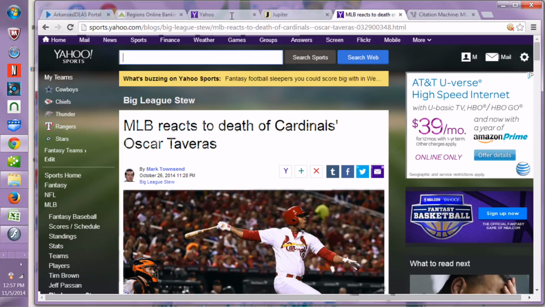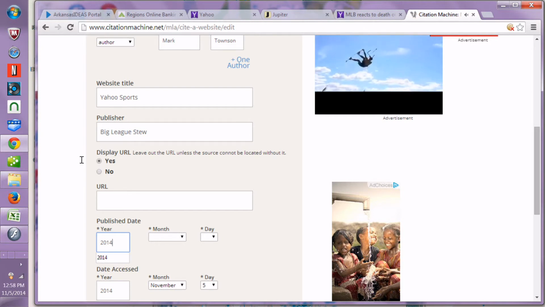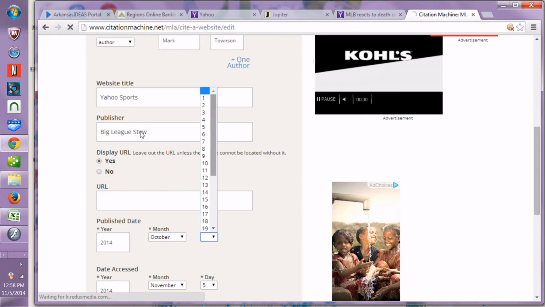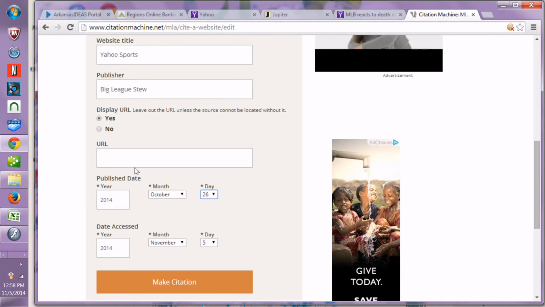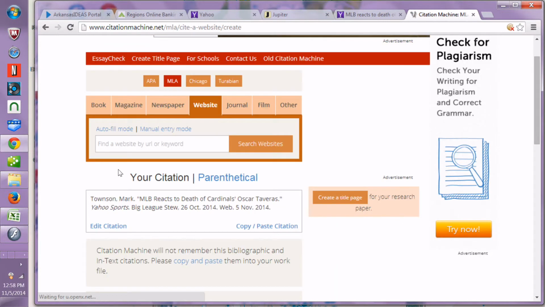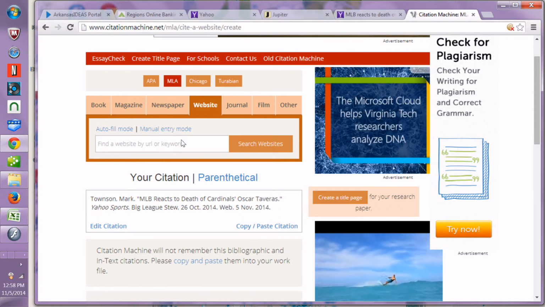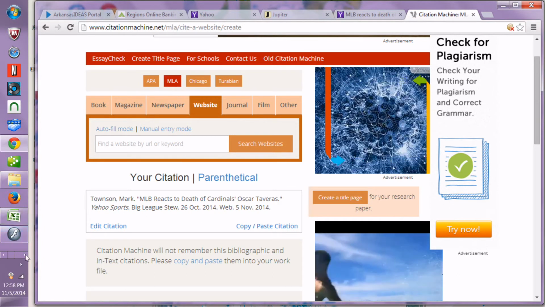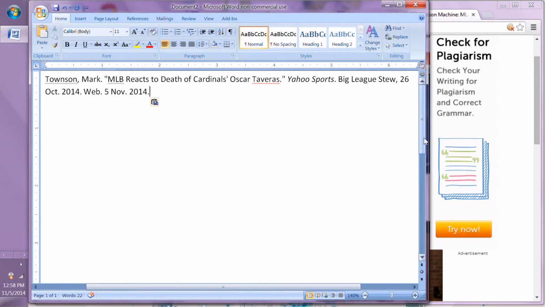The publishing year, you had the year 2014, October 26th, 2014, October 26th, and today is the day I'm accessing it. Then you click Make Citation, and it gives this right here is your citation, and so you can copy it, and then when you're ready to write it or put it on your paper, you just paste it in, and there you have your source